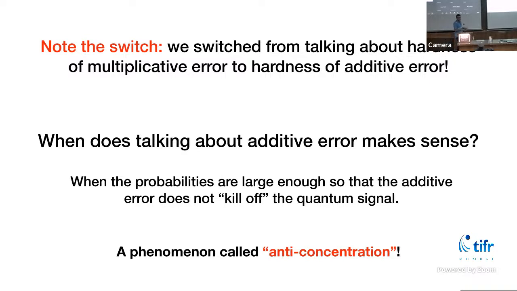Yeah, say the delta is too large. Say the delta is something, let's say 1 over poly. But let's say the probabilities that you have for your quantum circuit are, say, 2 to the minus n. Then the task becomes trivial. So there's a tussle between the delta and the relative sizes of the probabilities. And so both need to be reasonably chosen, both need to be quite reasonable for this task to make sense. Questions?